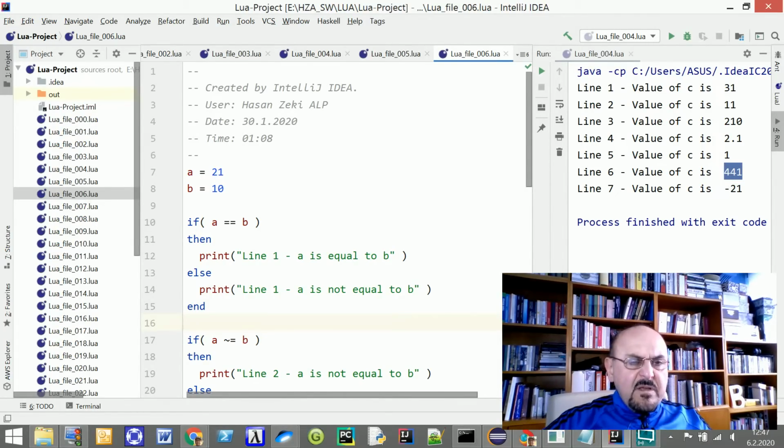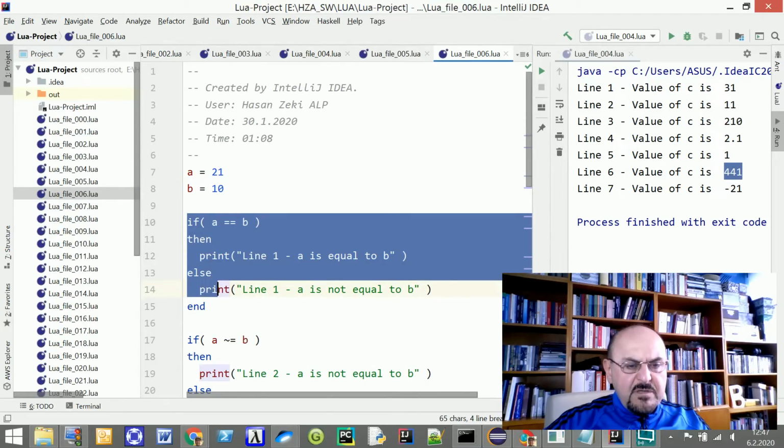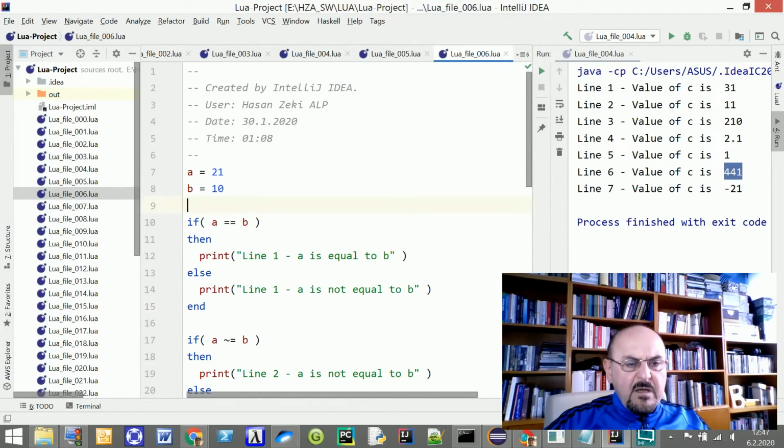Here, once again, I define two variables, such as a as 21 and b as 10. In this if block, you can see I make a comparison of whether a is identical to b.